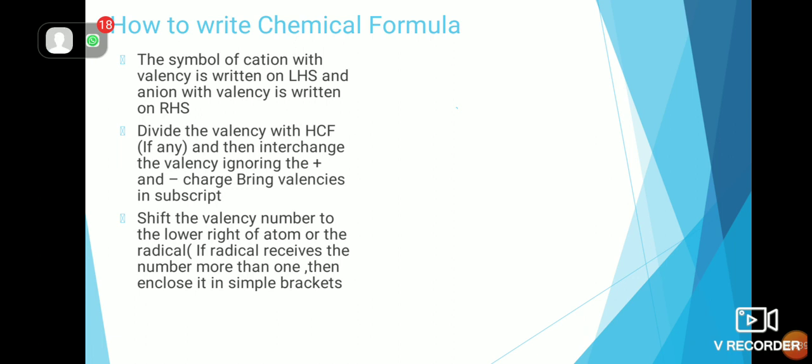So now let's take an example of manganese dioxide. Now we know that in manganese dioxide we have one atom of manganese and two atoms of oxygen. If you remember, oxide means oxygen. If I have the word dioxide, that means it contains two atoms of oxygen. We have learnt in 7th standard, if you remember, I taught you mono means 1, di means 2, tri means 3, tetra means 4, and penta means 5, and so on.